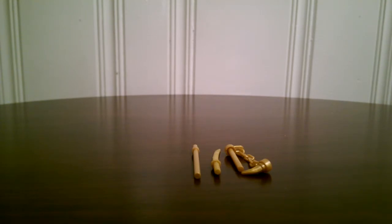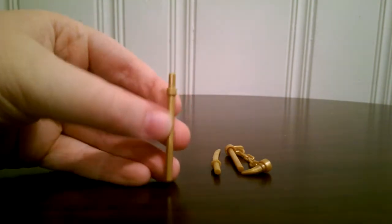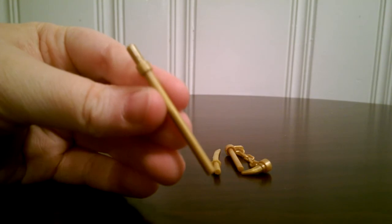Alright, so here are his weapons. In the set, you get 3 golden weapons, which in my opinion is why he's the most overpowered and best character to use in the game, because all 3 of his weapons are gold. That's really helpful because the golden weapon is the most important weapon in the game. So his first weapon is a simple, let's see if my camera will focus on it